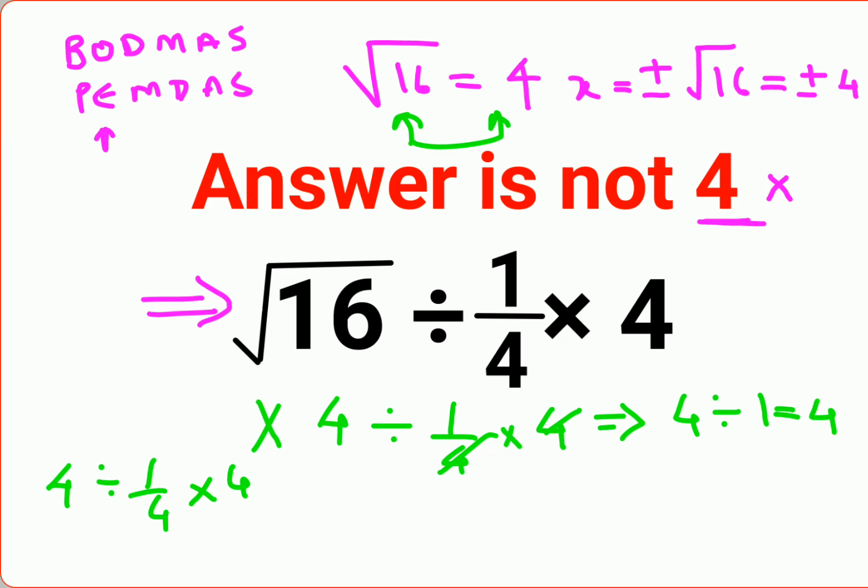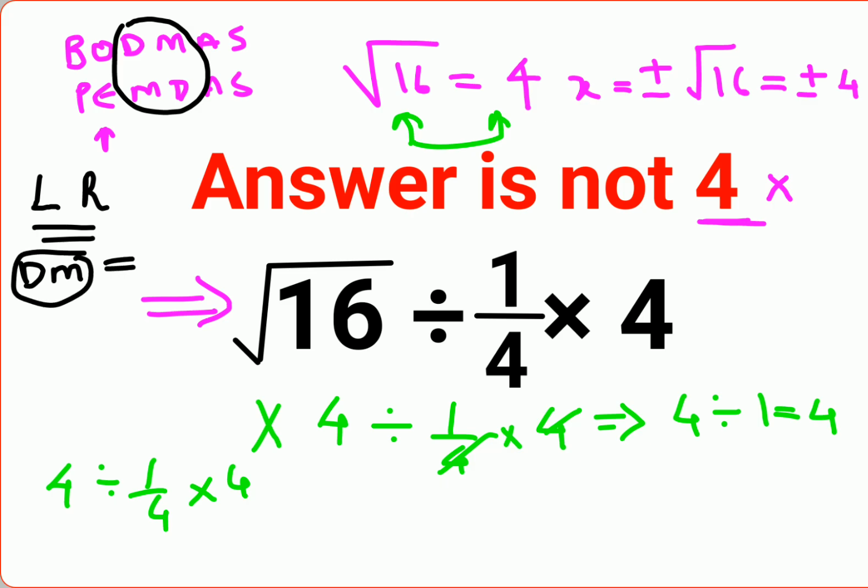Now, whenever you have a sum which involves division and multiplication, please understand, in BODMAS we give importance to division and in PEMDAS a lot of people give importance to multiplication. That is incorrect. Whenever you have a sum like this, you just have to go from left to right. Why like that? Because division and multiplication are equal in priority. So whatever operation happens first on your left hand side has to be done first. So in this case, we have to do division. So now we'll do 4 divided by 1 by 4.